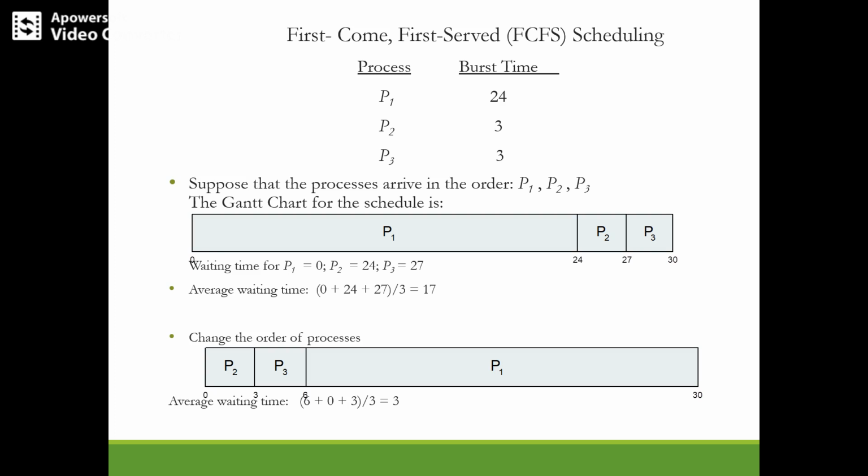P2 has 3 milliseconds. So after process P1 has completed its 24 milliseconds, process P2 executes for a further 3 milliseconds. So it has to wait for 24 milliseconds. Process P2 has to wait for 24 milliseconds, whereas process P1 is the first process and it has no waiting time, 0. Whereas process P3 has to wait